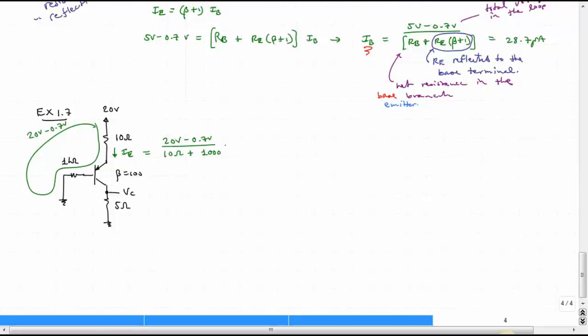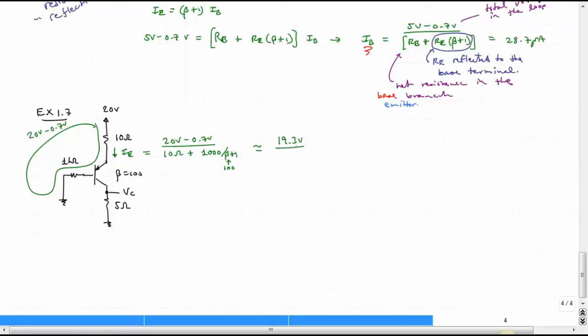So now you have to remember, do you multiply or do you divide by beta plus 1? Well, you can always remember that emitter currents are always much higher than base currents. And hopefully that will help you remember that the resistances in the emitter must be much lower than they are in the base. So when we move from the base to the emitter, the resistance is going to be divided by beta plus 1. So this would be approximately